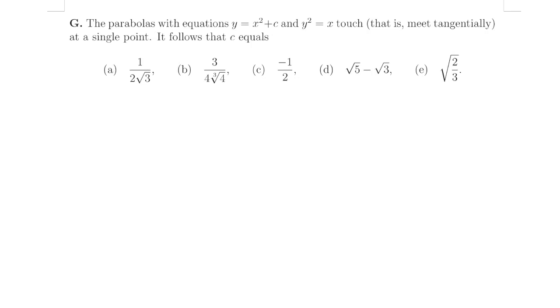Q1G. The parabolas of equation y equals x squared plus c and y squared equals x touch, that is, meet tangentially at a single point. It follows that c equals how many? Okay, so again,